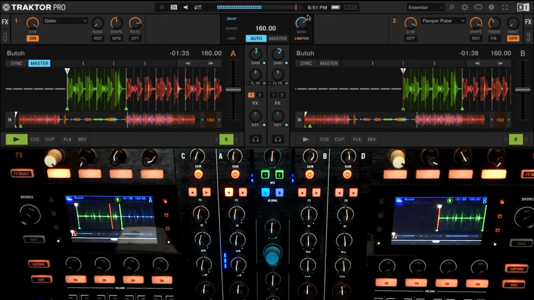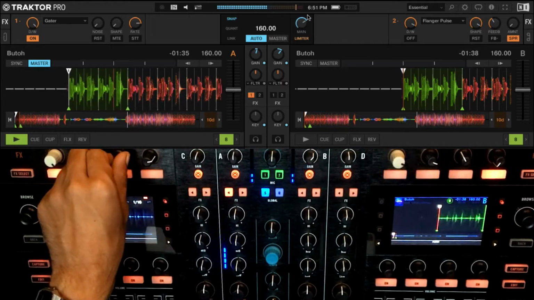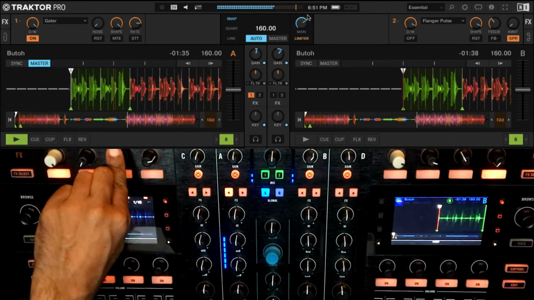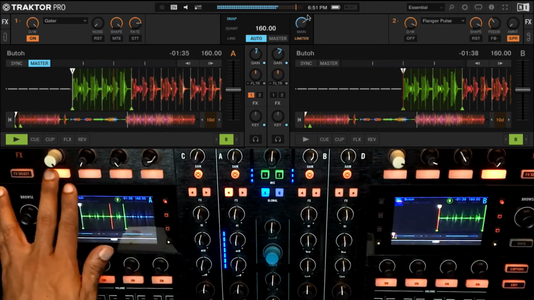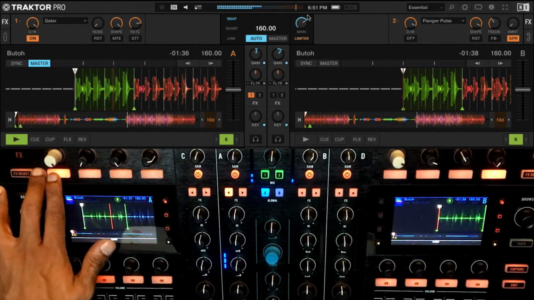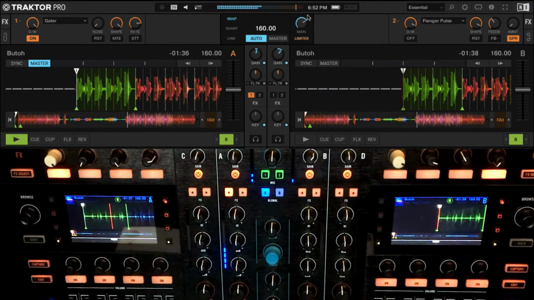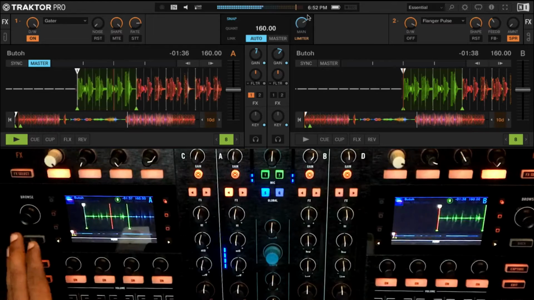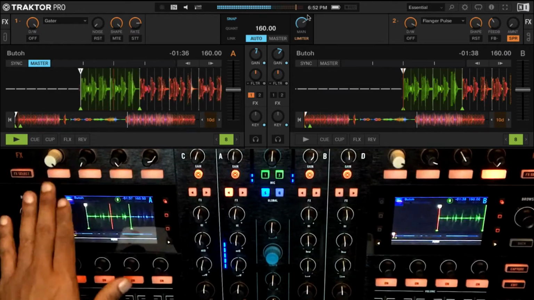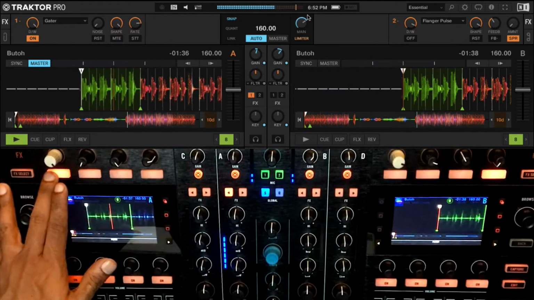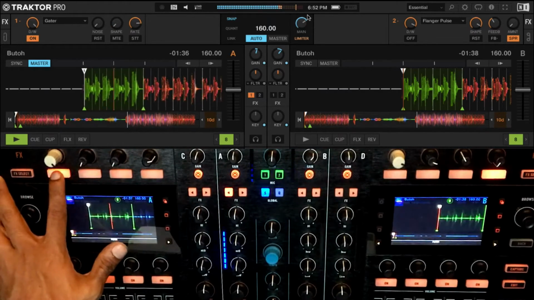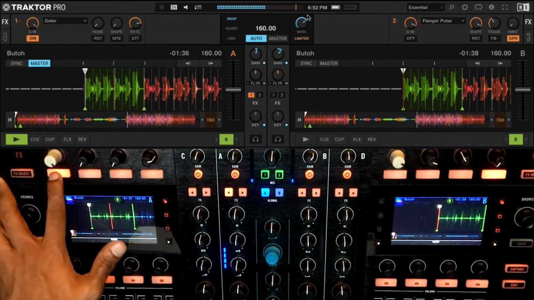Now the shape decides how that chop is going to be. It's a very sharp shape. It's creating some transients, in fact, to a very smooth shape, which is more like a side chain of sorts, where it's just giving a little pumping action to the sound. I'm just going to increase the volume a little. Notice this is very subtle. When I have the shape all the way to the right, it's a very smooth shape, versus this side, which is a very sharp shape. Super sharp, right?